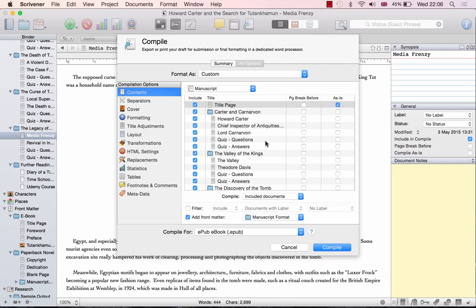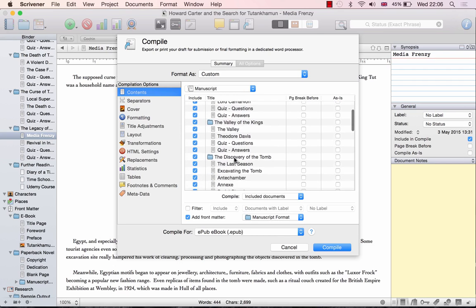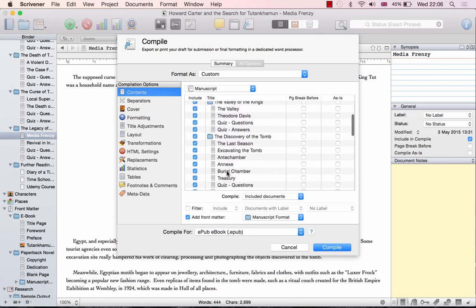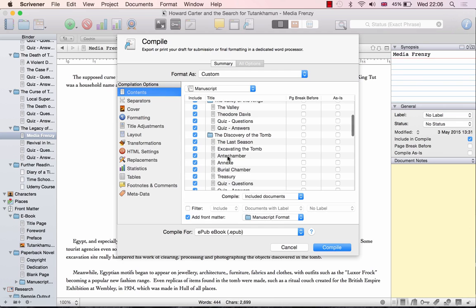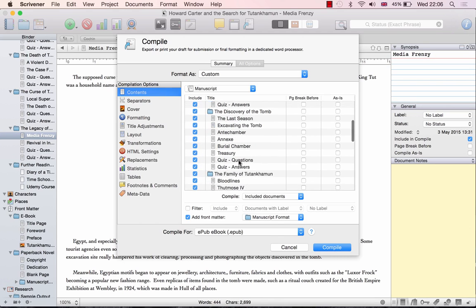As you can see, all of my chapters, such as Carter and Carnarvon and The Valley of the Kings, have been ticked, as have all of my subchapters, such as The Last Season, Excavating the Tomb, The Antechamber, The Annex, and so on. If, for example, the quiz, questions and answers subchapters were only supposed to appear in my printed